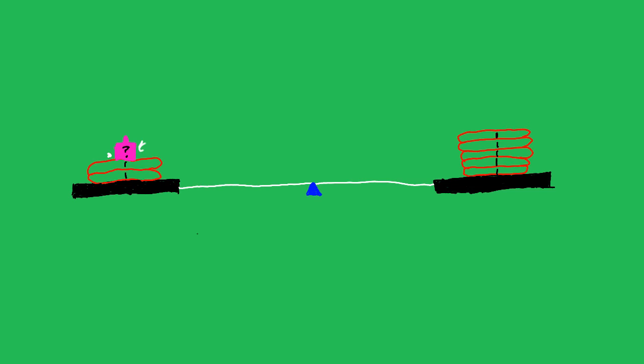That would work because when a scale is balanced, that means that the weights on both sides are the same, they're equal. So if you have the scale balanced and this pink weight alone by itself, that means however much is on this side is going to be the same amount that is on this side, and that's going to give us the weight of that pink weight. So what you're going to do is try to get this pink weight alone by itself. So you're going to take off these two weights here,